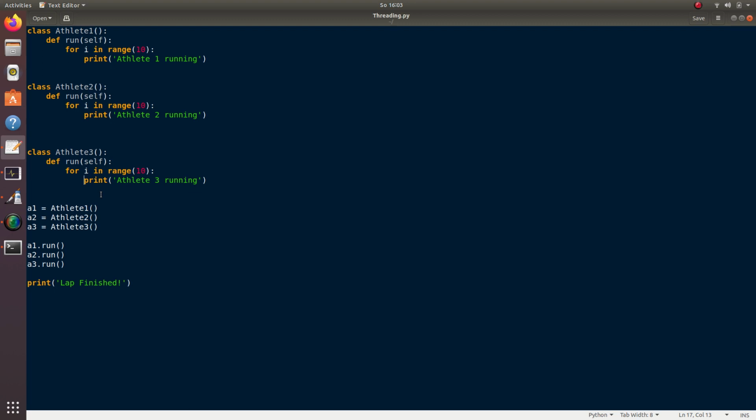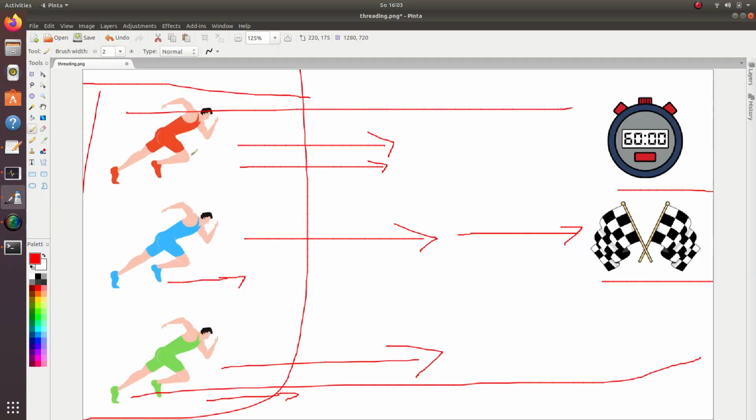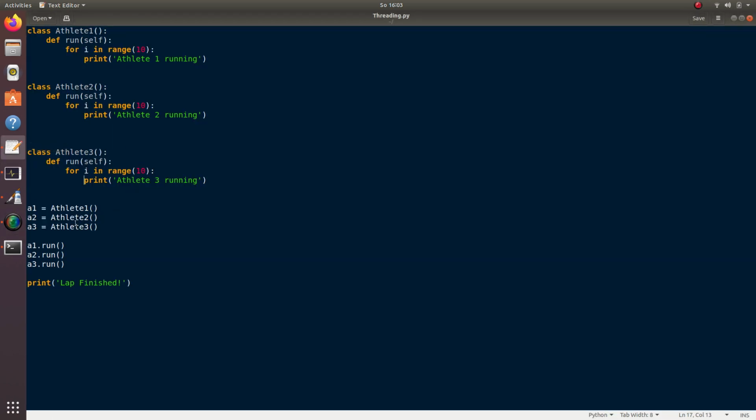Each of the athletes will have their own name. Here you can see red athlete, blue athlete, green athlete, but in the real world they have some IDs or contestant number and so on. So I will have to create their objects.